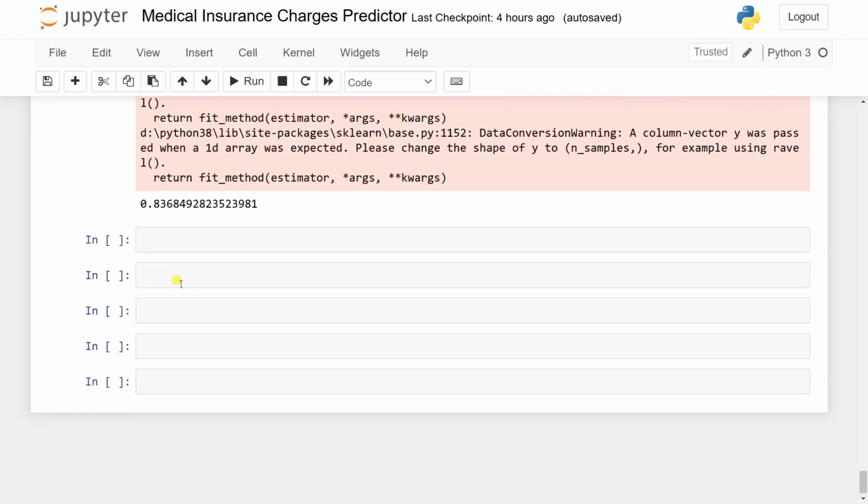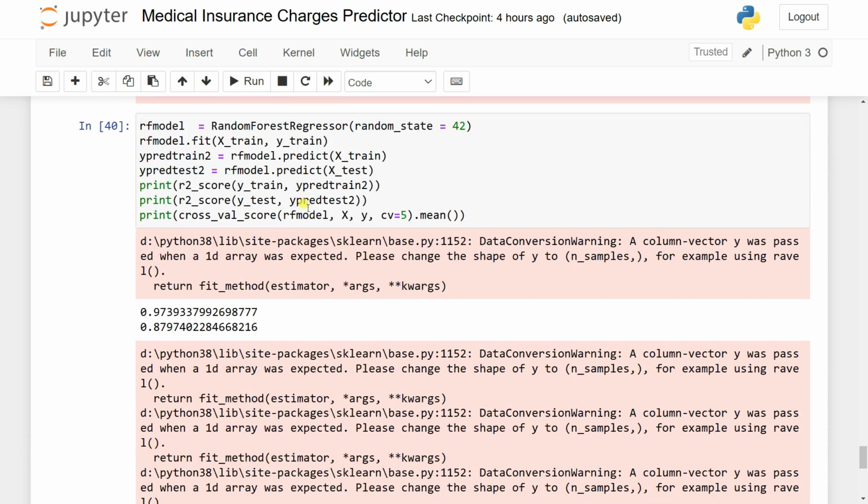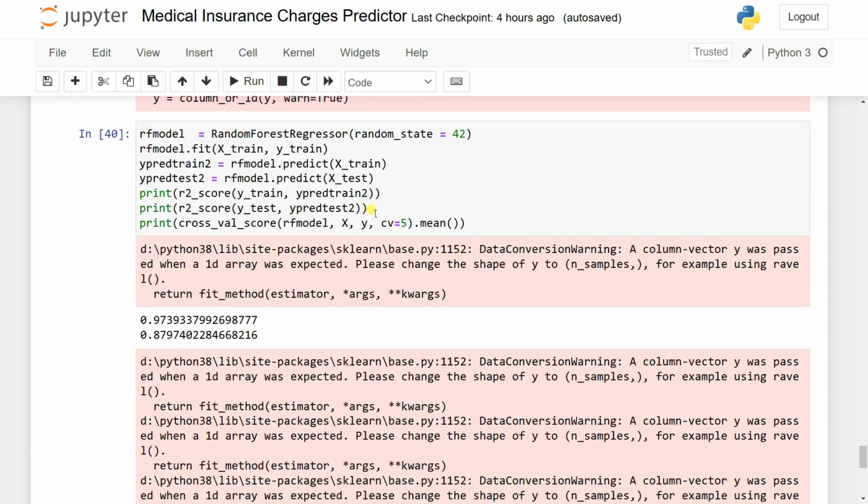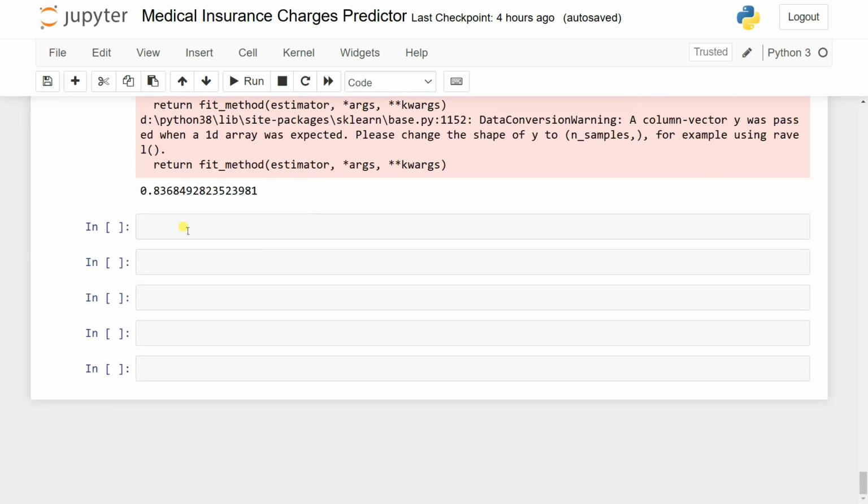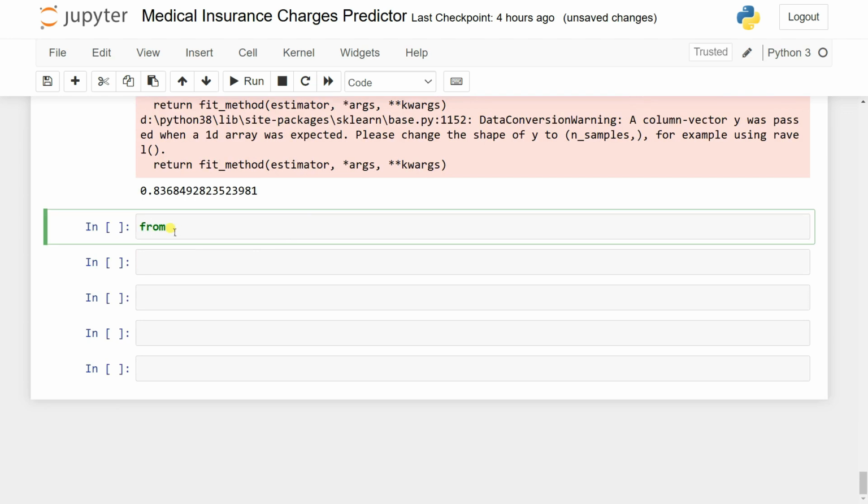Okay, so you can see that the random forest is working very fine, but it's better if you also do fine tuning on that. I mean, it's called regularization. So we can do the regularization here using GridSearchCV. So let's try to import it first. Let's say from